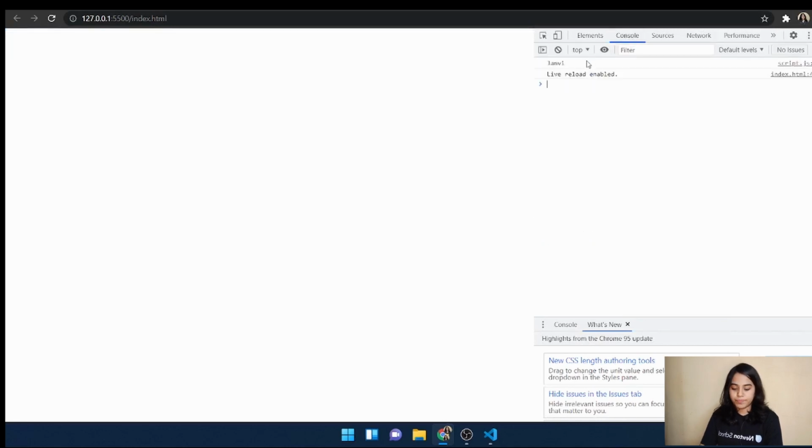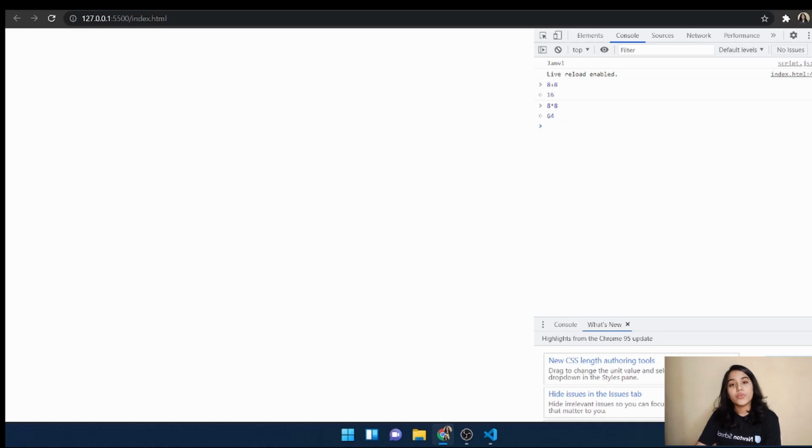So where is this console? Let me show you. You have to inspect and go to the console, and here you will see that our output is being shown. You can use the console for everything. If I write directly in the console, we will get the output. Not just text, we can put numbers here as well. If I do addition, it will work. If I do subtraction, it will give our output.